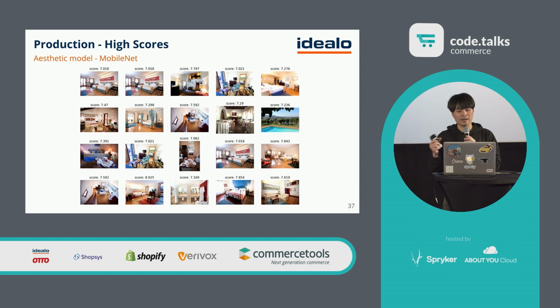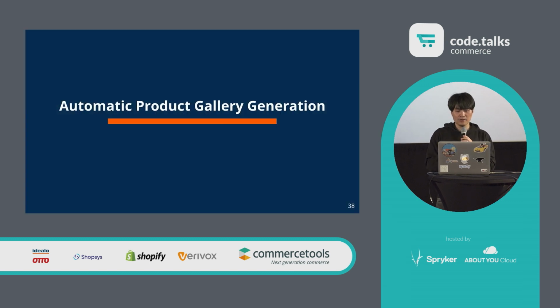And if we think about high scores, it's doing quite a nice job, right? I think the gallery looks really nice. So if you filter and just say, show me the images which are higher than 5, or higher than 6 and 7, you get a very nice, good-looking gallery. So, yeah, this was